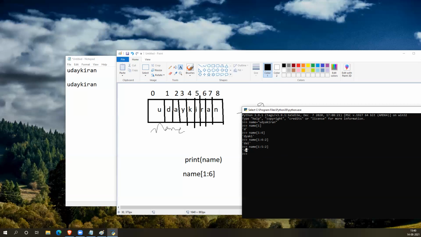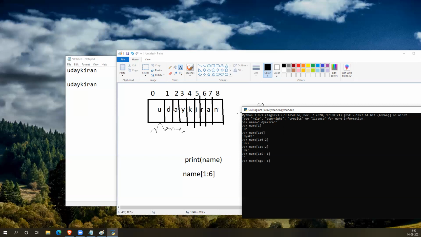So the step number is not just for the number of steps. You can change it for direction also. Instead of 1, let me take it as -1. Then what happens? The direction will be reversed now. After index 1 is printed, it would go backward, but that is out of our range, so it will come back. Now let me keep the start as 8.